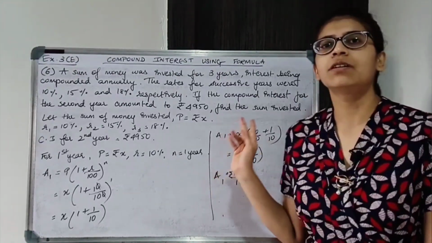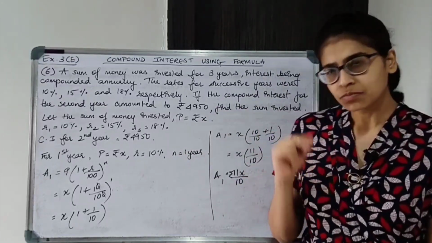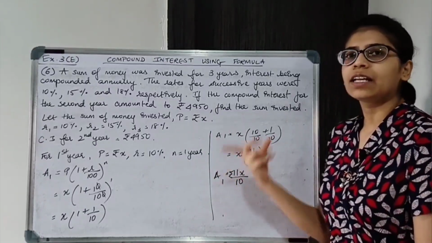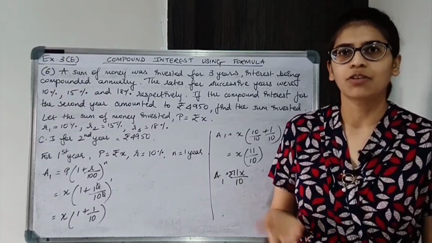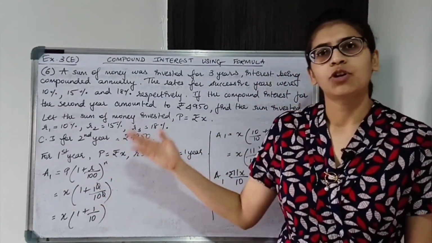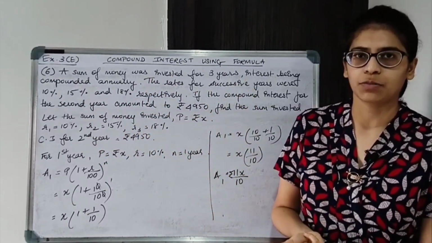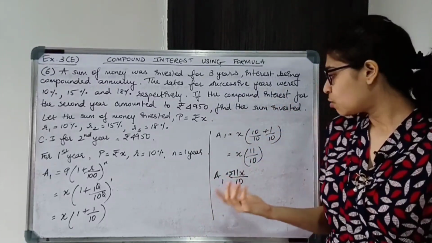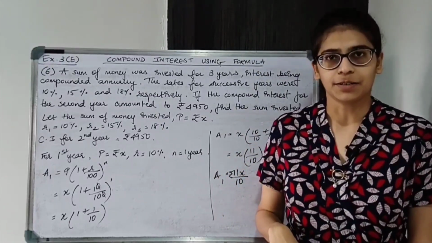Now this becomes the principal for the second year. So you can also solve it in another way. Take this as principal and calculate the amount for second year. That way also you can solve. Or directly you can use the formula, this formula, and what you will do, take principal into 1 plus r1 upon 100 into 1 plus r2 upon 100. So both the ways you will get same answer. You can consider this also as principal and calculate for second year.